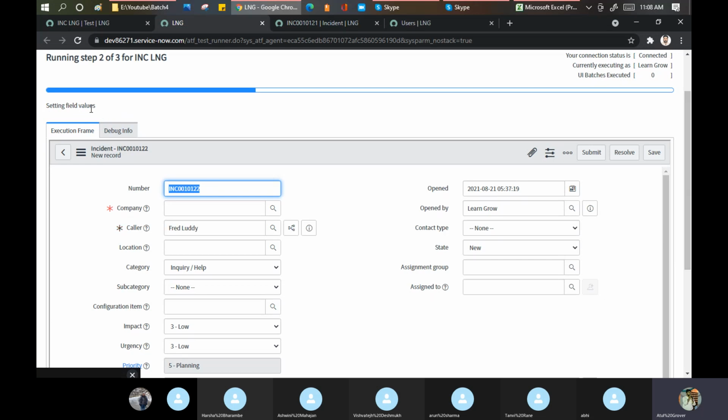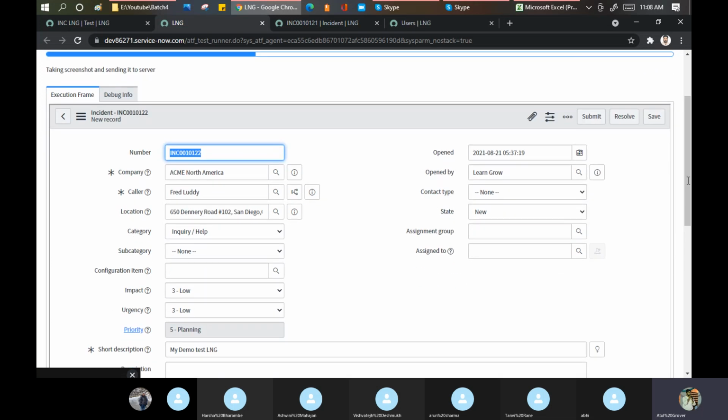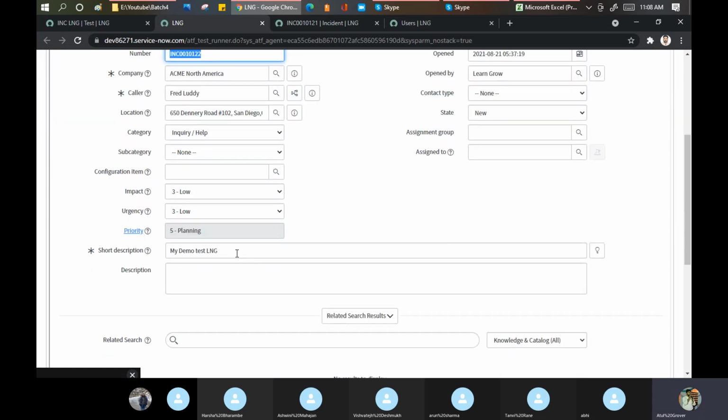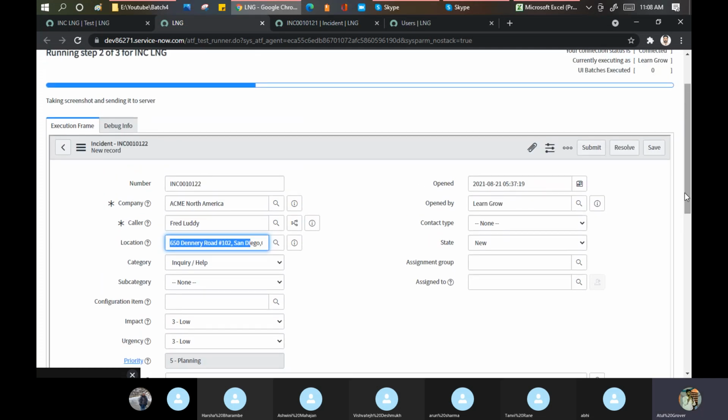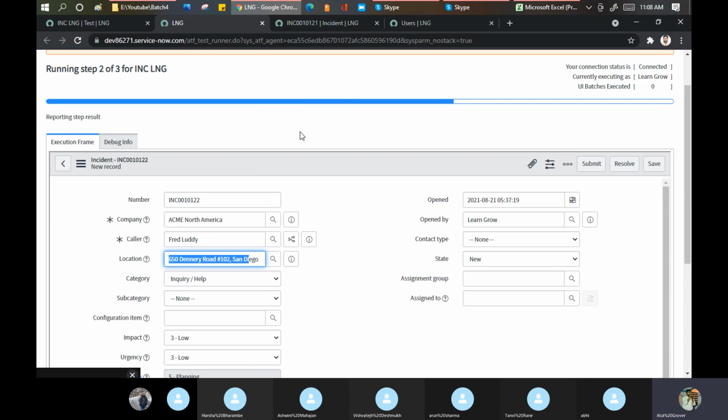Setting the field value is step 2. See, Fred Luddy, company is coming as North America, and if you see here, my test demo is also coming. Perfectly fine. Now, what is the third step? It will save, taking a screenshot and sending it to the server. I'll show you that part as well. Second step is going on.